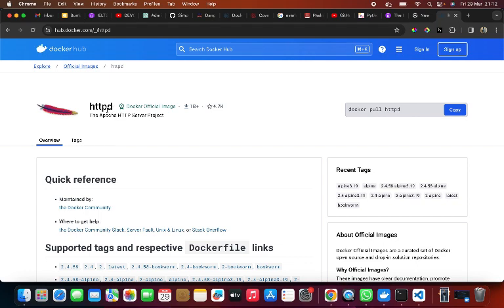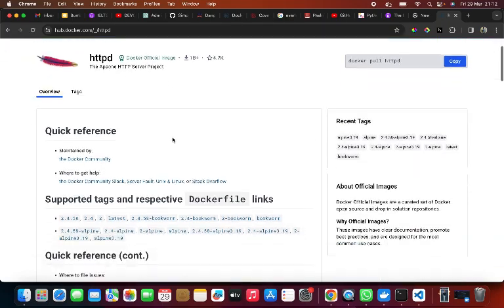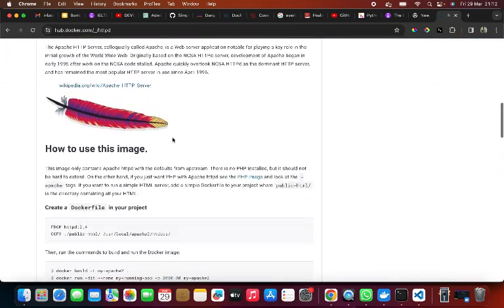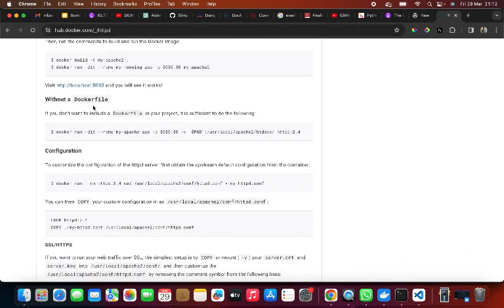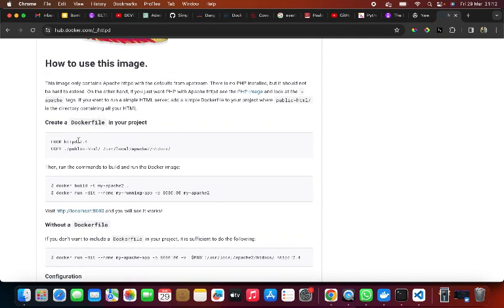The name of the image is httpd. You can see the Apache HTTP server project. Let's go to the configuration, Dockerfile. Here, so as you can see, FROM httpd